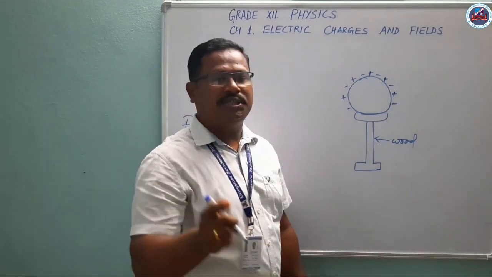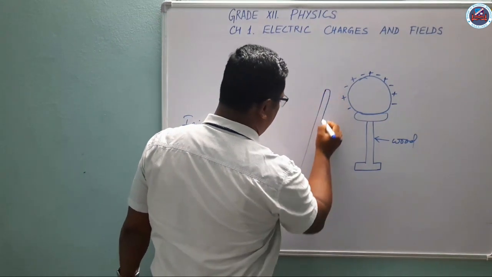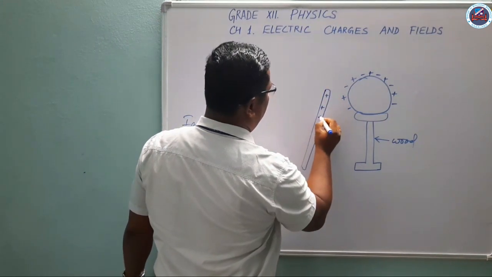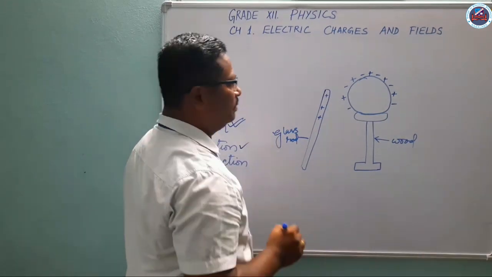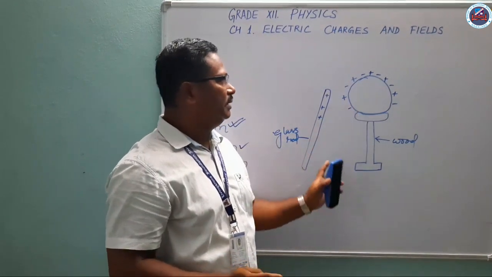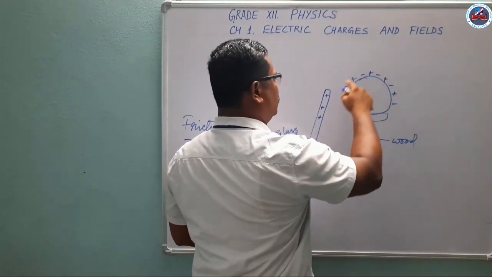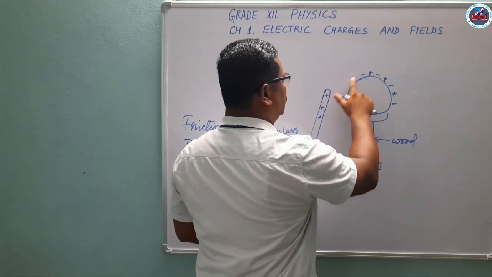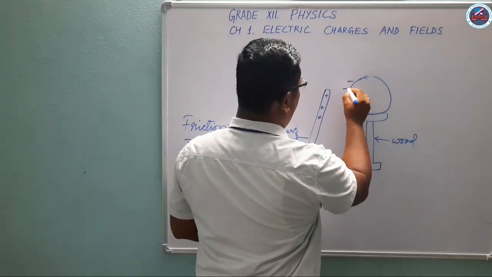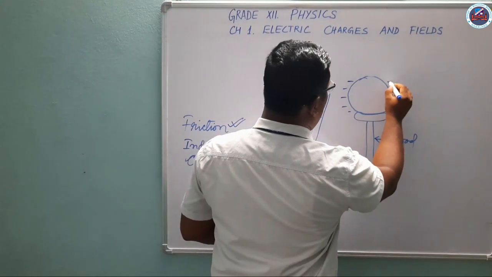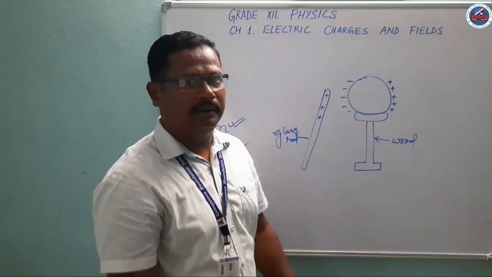a positively charged glass rod, suppose this is a positively charged glass rod, near to it, then what will happen? I am not touching them together, I am just bringing them nearby. Then all these negative charges, whatever is there in the uncharged body, will come towards the glass rod. It will look like this, and all the positive charges will be pushed behind, that is, to the other end. Now this